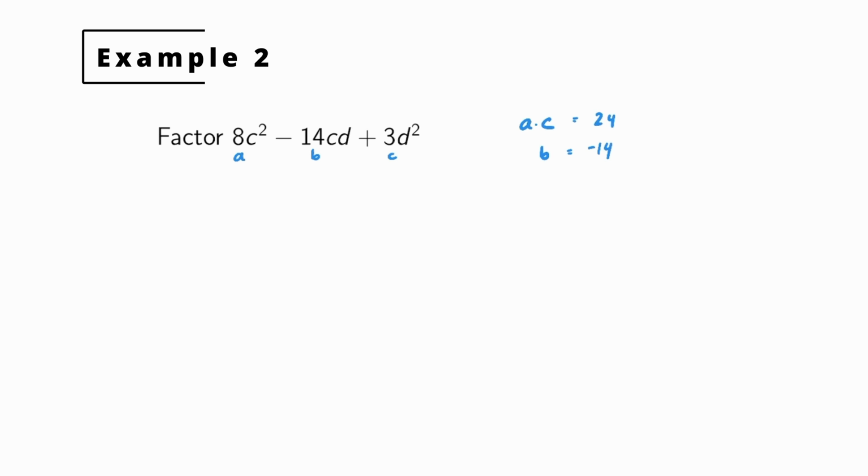Well, the answer is going to be negative 12 and negative 2, right? The product will be positive 24, and their sum will be negative 14. So we split negative 14CD into two terms. So this will be